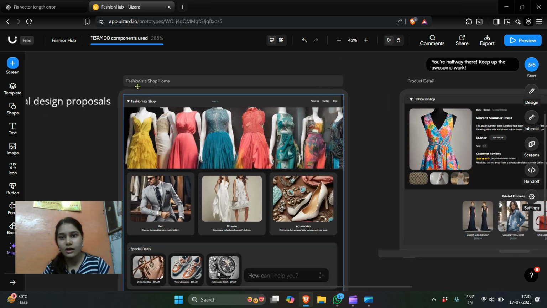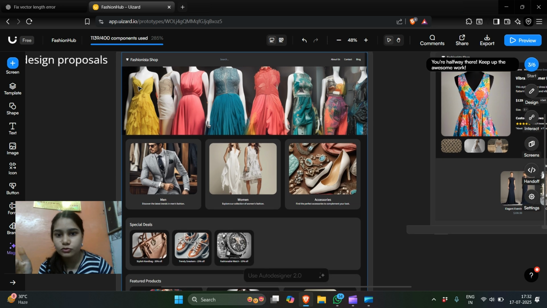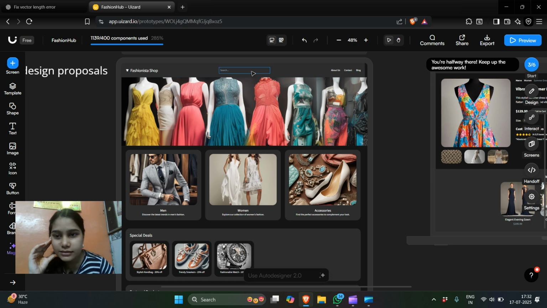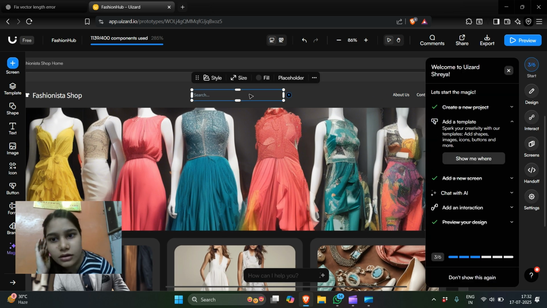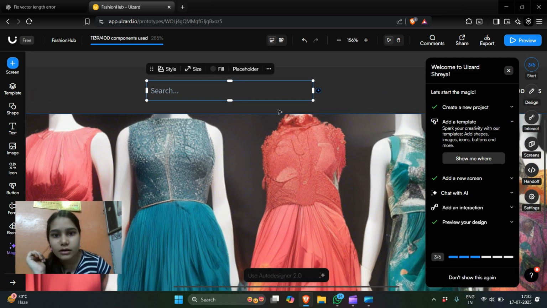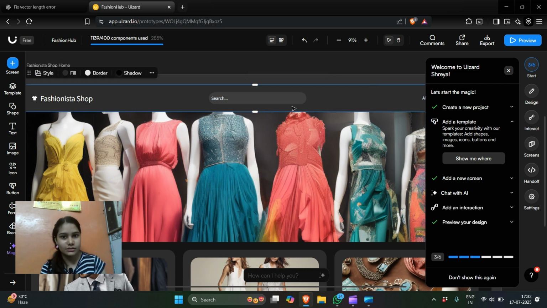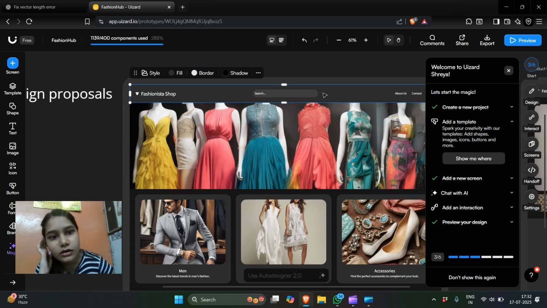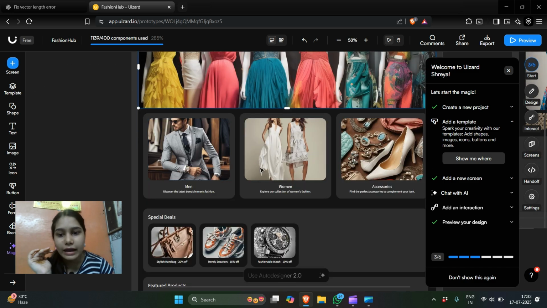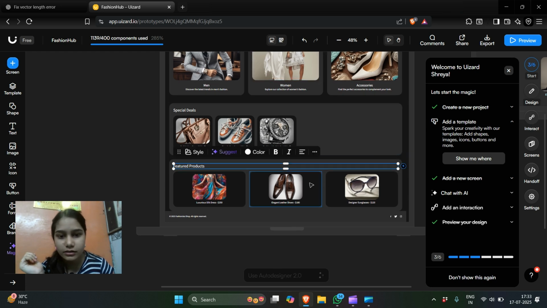Okay, it's like this. Now it's the high fidelity UI, which I was expecting it to generate. I think, obviously, it's AI, so it's not perfect, but you can see here the search bar. There's no outlining and no color fill. It's not even okay. I can change the color also. Okay, now see, it's better. So it's not very perfect. You have to use your skills and refine it. It's just a structure you can generate quickly, and then you can modify it in your own way.